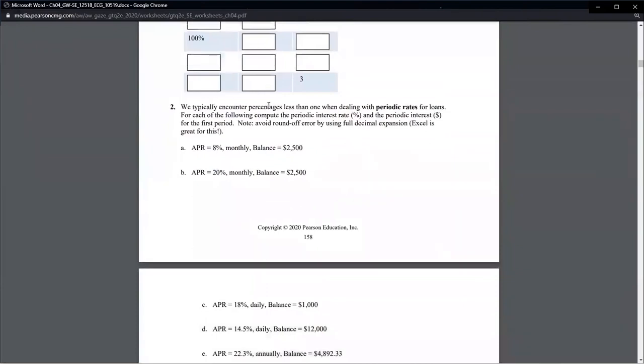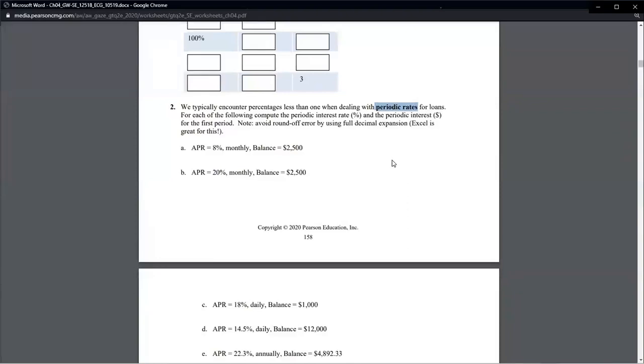We typically encounter percentages less than 1 when dealing with what we call periodic rates. So the example we just spent a long time talking about was dealing with an annual percentage rate, an APR. And when you talk about things in the real world, you're generally given an APR. When you go get a credit card, they'll say, oh, this is 18.5% APR. And when you go get a savings account, they'll say this is 0.62% APR. Or if you go invest into some bond, they might say this is 4.1% APR. So that would be the rate you'd get over a year if your money was growing every year.